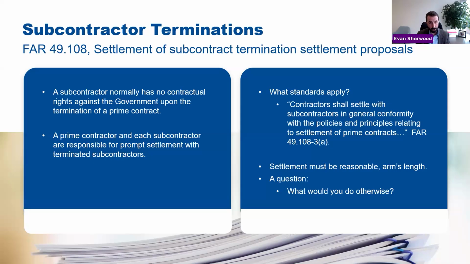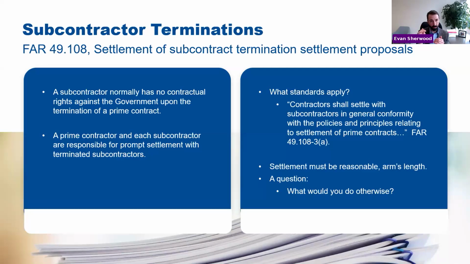A subcontractor will say, here's my termination claim, not giving you any financial data, or I'm giving you very limited financial data. And the prime says, I'm not going to review this. I can't really tell. Let's just see what the government says about this. That is what the government does not want you to do. The government wants to see arm's length bargaining. They want to see the higher tier contractor look to the lower tier and go, demonstrate to me that I'm